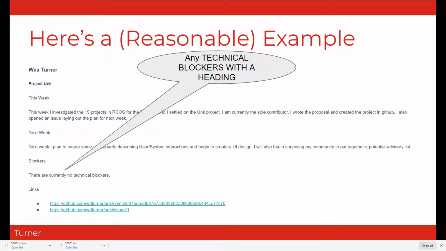That's perfectly fine. I had a test in Calc 3, so I didn't have a chance to work on my RCOS project. Is not really a technical blocker, because I can't do anything about your Calc 3 class, right? I can't go to the professor and say, you're kind of blocking the student from getting work done, so I'm going to ask that you don't give any Calc 3 homework. I guess I could do that, but I would expect to be met with a firm no on that. We want you working on RCOS. We want you working on RCOS consistently. We understand that there's some weeks where that can't happen.